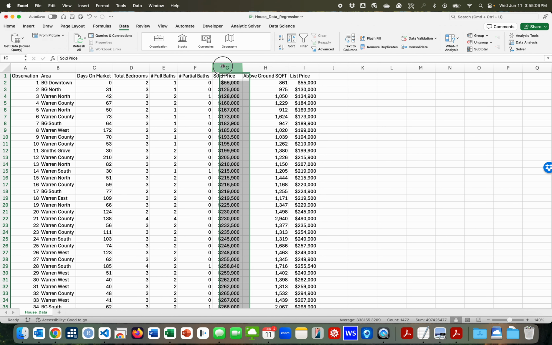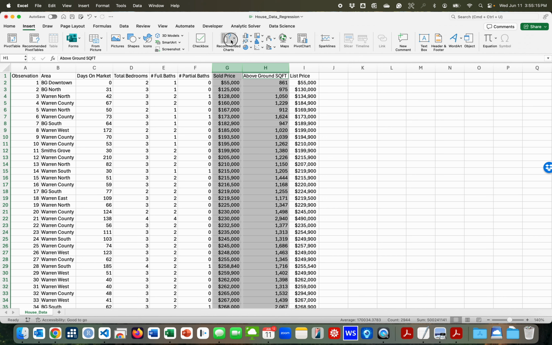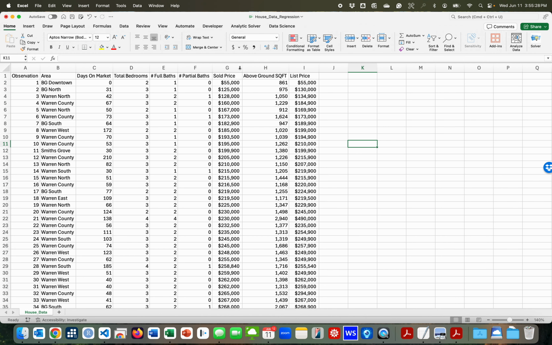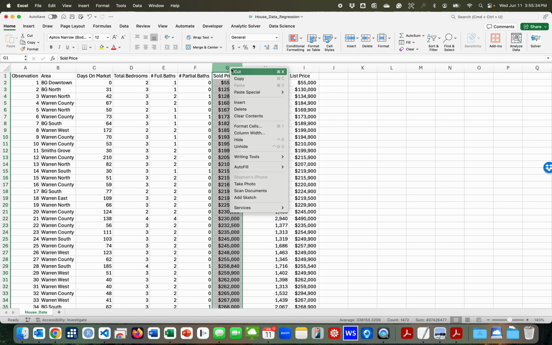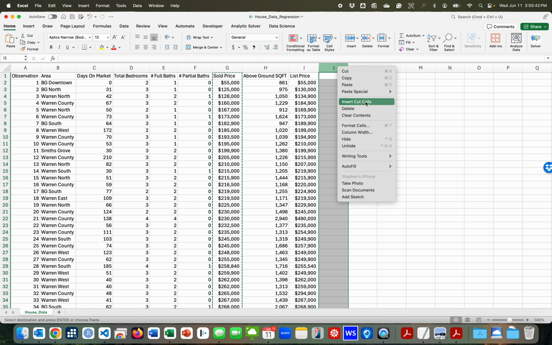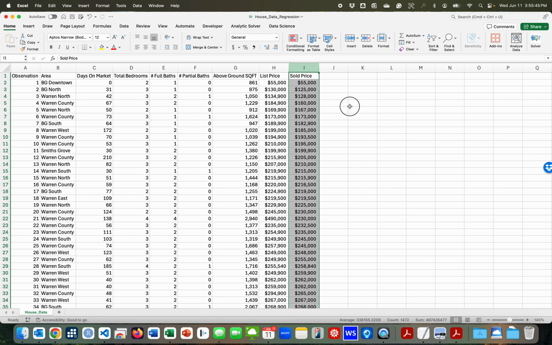Let's say you want a scatter plot where sold price is the dependent variable, above ground square footage is the independent variable. If you try to click these two columns and insert a scatter plot, notice it puts above ground square footage on the vertical axis, and that's not what we want. We don't believe price predicts square footage. We believe it's the other way around. So what you have to do is whichever variable you want to be the dependent variable, right click, cut, come to the column to the right of your data set. We're going to do insert cut cells, and now sold price is the